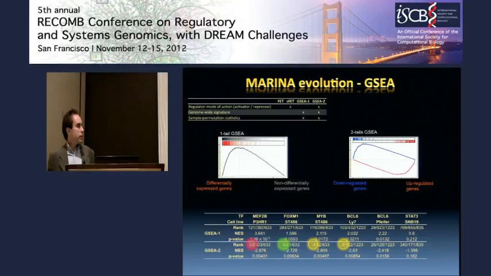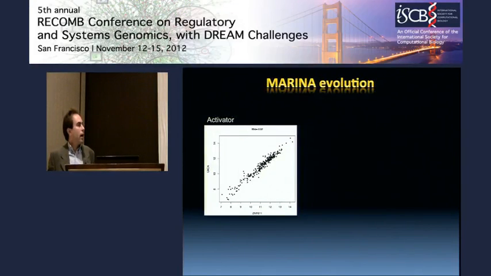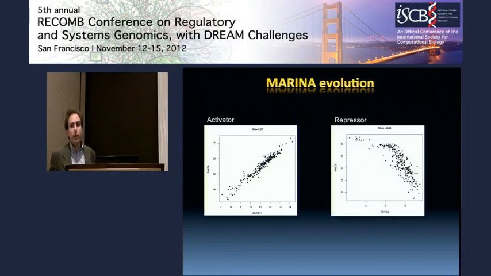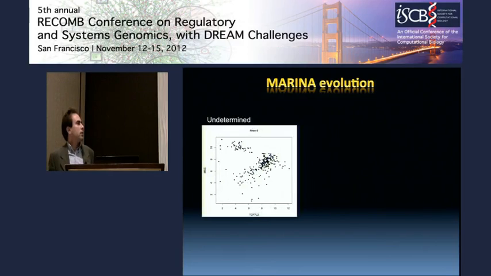So what we did was checking a little bit in detail how is the mode of action of the transcription factor and how are we inferring it. So we found that there are some examples in which the expression level of the transcription factor is highly correlated with the target gene, and this is a clear activator. We have very clear repressors, but we have a lot of cases in which, even though there's a very significant